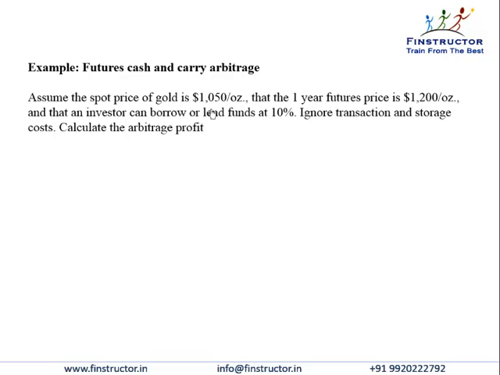Assume the spot price of gold is $1050 per ounce, that the 1 year futures price is $1200, and that the investor can borrow or lend funds at 10%. Ignore transaction and storage costs. Calculate the arbitrage profit. So the spot price is given to be $1050. Let's assume we work with 1 ounce of gold,